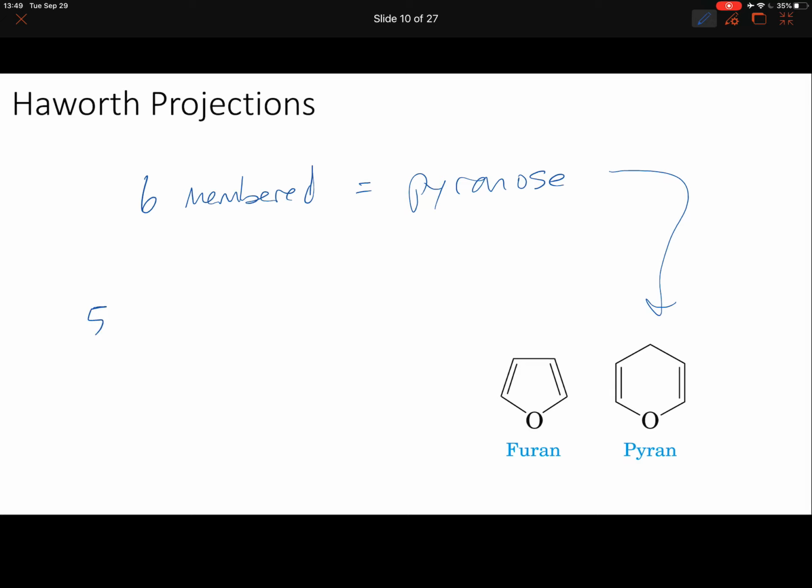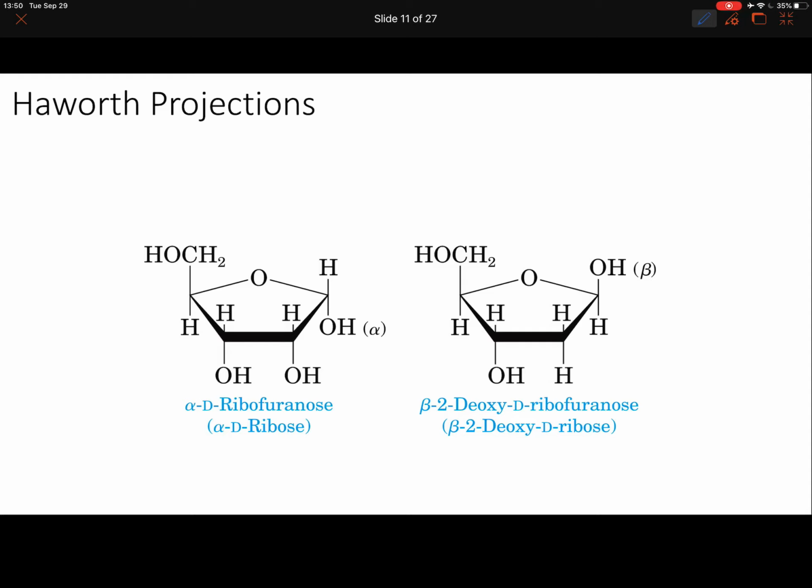So you can probably figure out why the 5-membered ring is called a furanose. It's because it looks like furan. That's all. So furanoses and pyranoses are other terms for 6 and 5-membered hemiacetal rings, and they get their names from these two molecules. Okay, going back to the Haworth projections,